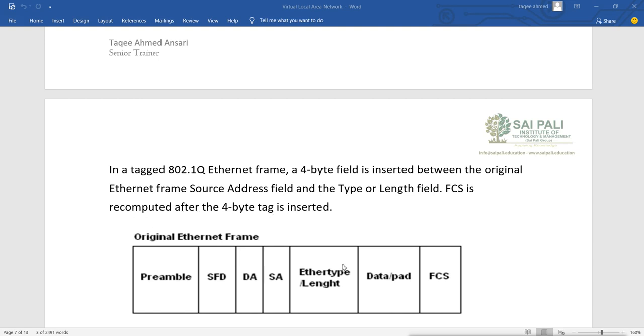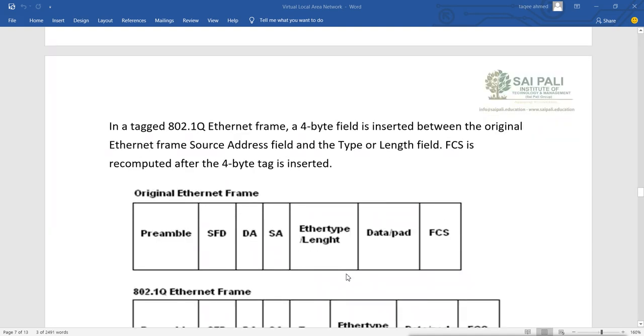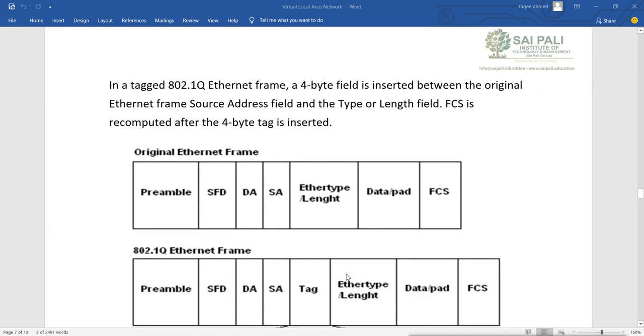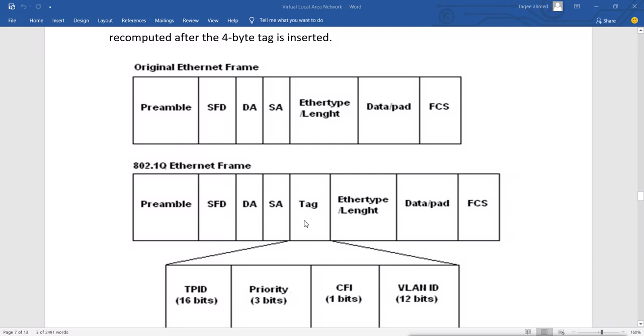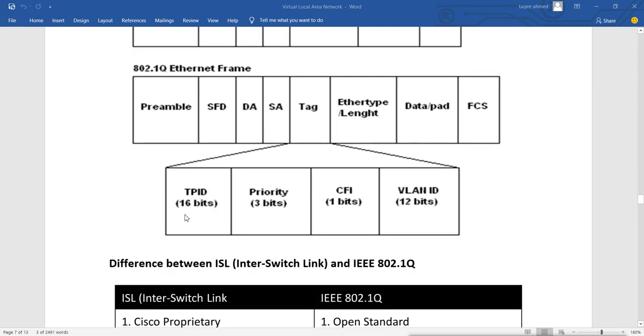So instead of adding an extra 26 bytes, it adds just 4 bytes of data to the existing Ethernet frame, which consists of a 16-bit TPID, priority bits, the CFI bit, and the VLAN ID. Only this it will add.